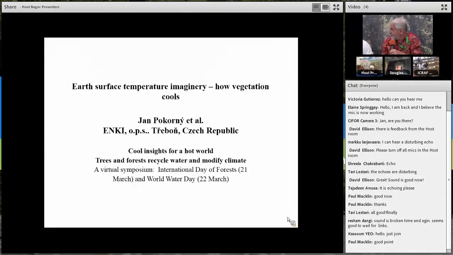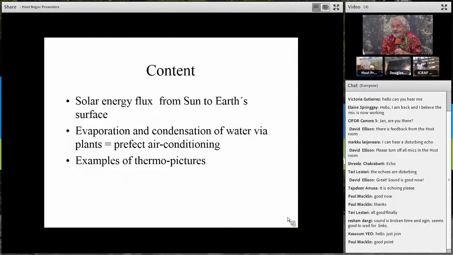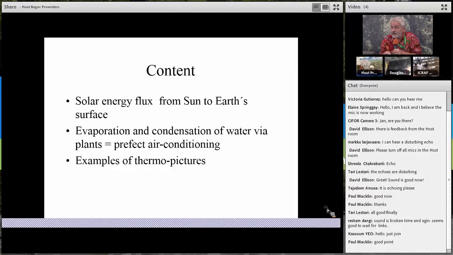way of imagery, of showing people what it looks like, which really shows that vegetation cools. And the fundamental role played by water and vegetation in the climate is indeed that direct cooling effect that we have only partially represented in the current models and our current understanding, partly because the weather stations excluded that effect for a long time. So the basic content is, if we start with energy, the solar energy is driving the